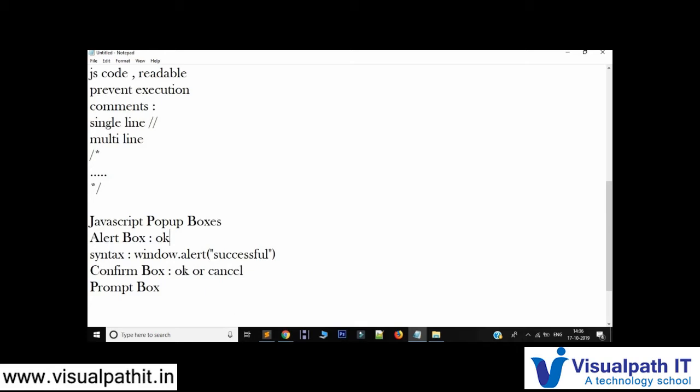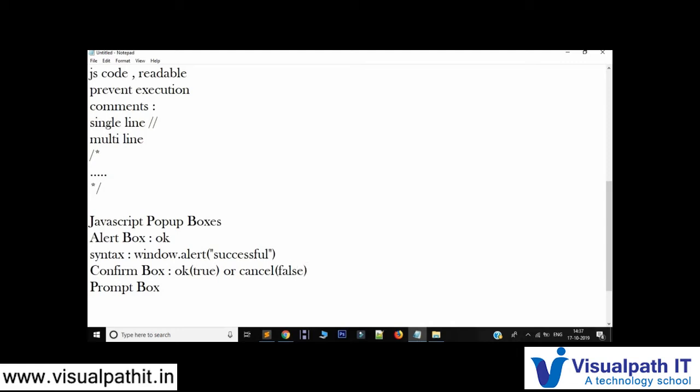If the user clicks on OK, the box returns true. So when you click, there will be a value which is returned. For example, you're getting a confirmation that this data will be sent to someone. Are you sure? If you say yes or OK, then the value will be true for that button. On clicking that, you will even get something below like your registration is successful or your data has been sent. For that, this true or false value will be taken. And if the user clicks on Cancel, the box returns a false value.